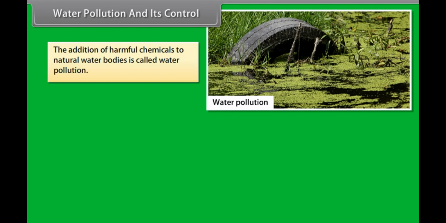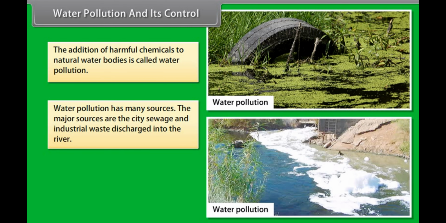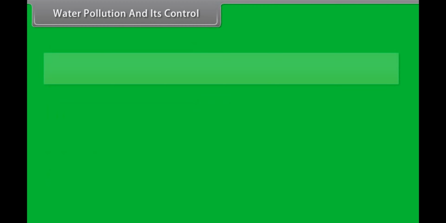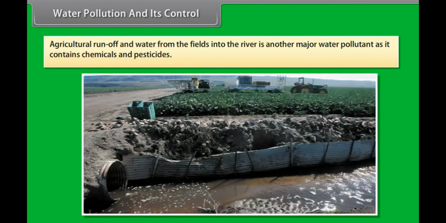The addition of harmful chemicals to natural water bodies is called water pollution. Water pollution has many sources. The major sources are the city sewage and industrial waste discharged into the river. Only about 10% of wastewater is treated and the rest is discharged into the water bodies. Agricultural runoff and water from the fields into the river is another major water pollutant as it contains chemicals and